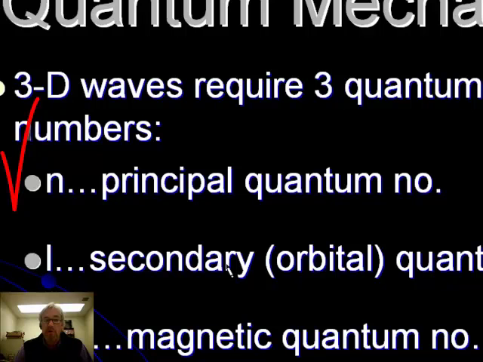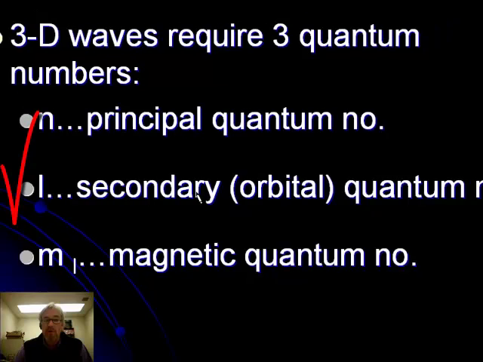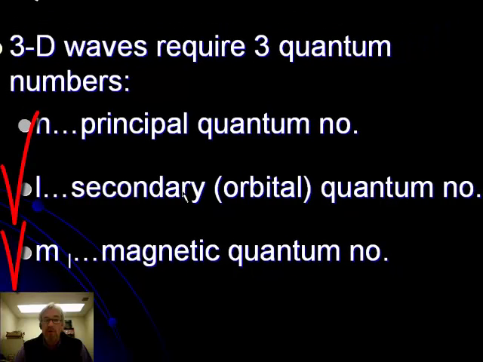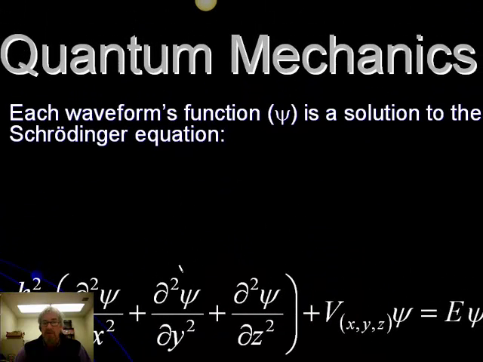n is the principal quantum number. l is called the secondary or the orbital quantum number, and m sub l is called the magnetic quantum number. These 3 quantum numbers go together to help describe the electron wave. Now, it's way more complicated than a simple string wave. In fact, each waveform's function, which is this Greek letter psi right here as its abbreviation, is a solution to